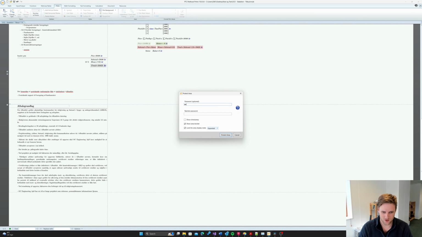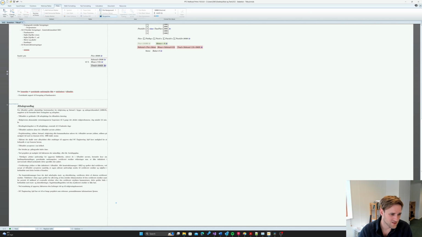Make a password 1 2 3 4 5 6, and then you can say show the area border. You can decide this here actually, so you can remove that and remove the timeline and lock the area display state. So do you want it to be expanded or collapsed? So for the case of a price offering, this always needs to be there, and it always needs to be expanded. So boom. And what this does is, whenever I copy this, I can't modify it,